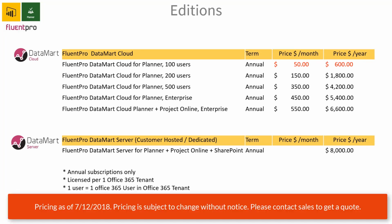pricing information. As I mentioned, we have two editions: Datamart Cloud and Datamart Server. The difference is that Datamart Cloud is a shared cloud service, based on our infrastructure. And as you can see, we try to make the pricing for the solution quite affordable. The lowest, if you are a small company, let's say you have up to 100 Office 365 users, it's only $50 per month. The product is available on annual subscription only, but it's really not much. What is $50? It's like,